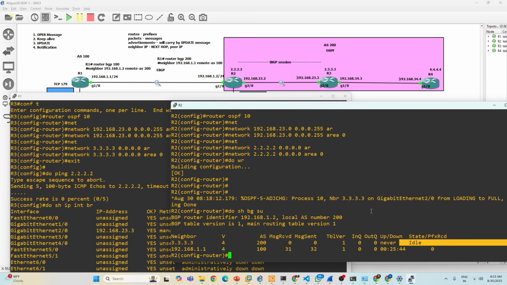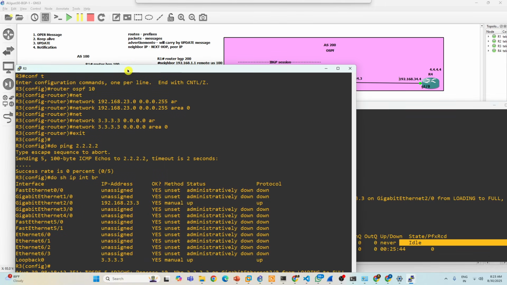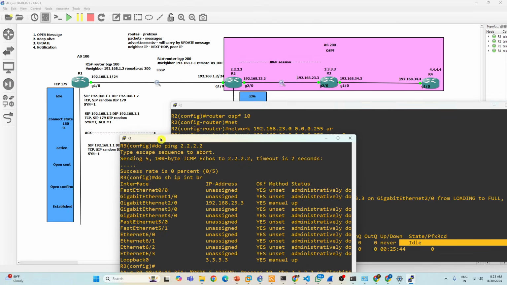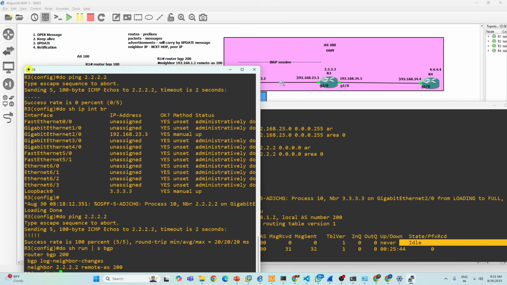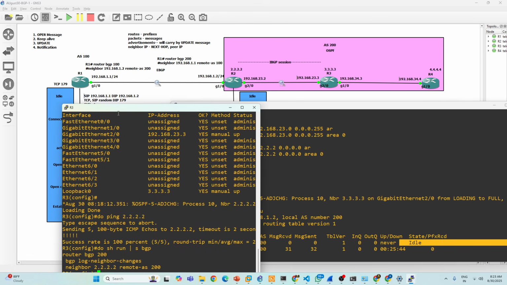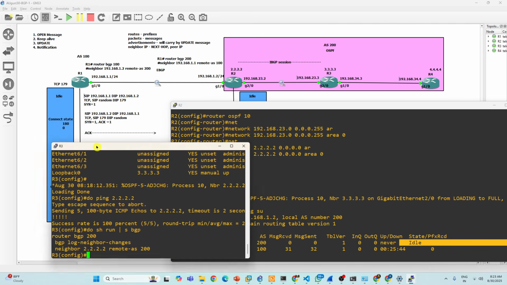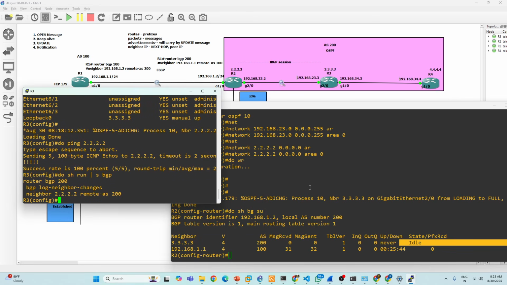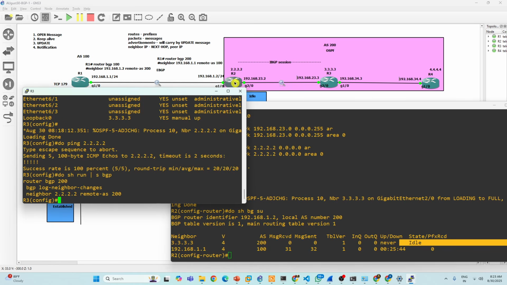Okay, so what do you need to do now? Tell me. You need to advertise the network in BGP. Not advertise the network. To advertise the network, first update the neighbor's source. Very good. So you need to change the source address, right? Yes. On R2, you need to change the source address, replacing 192.168.23.2 with 2.2.2.2.